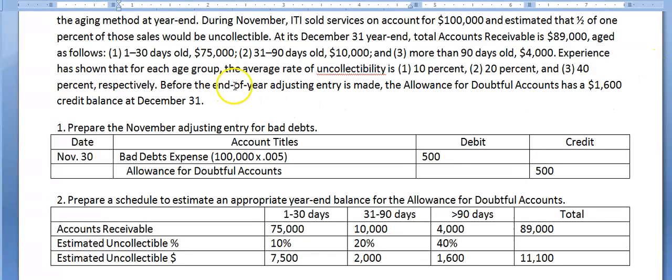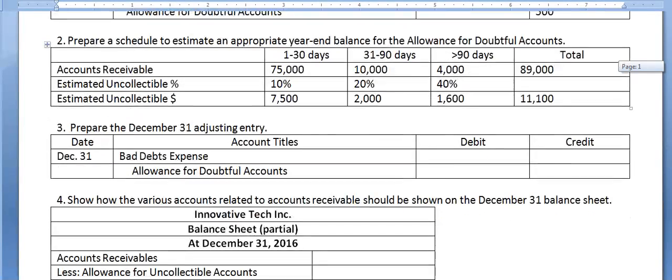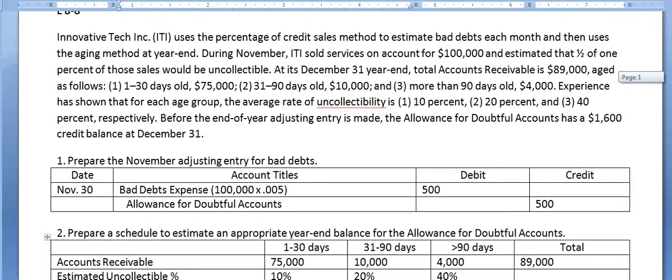Before the end of the year adjusting entry is made, the allowance for doubtful accounts is a $1,600 credit balance. Well, we want it to be 11,100. So how much more do we need to add to that allowance account to go from 1,600 to 11,100? Let's subtract, and I'll show you the subtraction here. You wouldn't do this in a real journal entry, but just to show you how we're going to calculate it, 11,100 is the amount we think we won't collect based on the aging schedule, and subtract from that the balance that account currently has,